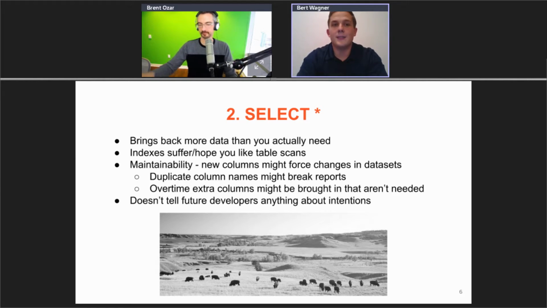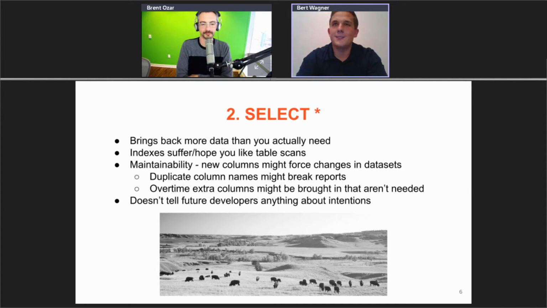You don't need that. There's also the performance on the SQL Server itself. Your indexing will suffer. You'll do more scanning because your tables are not built to bring back all the columns all the time. And then from a maintainability aspect,